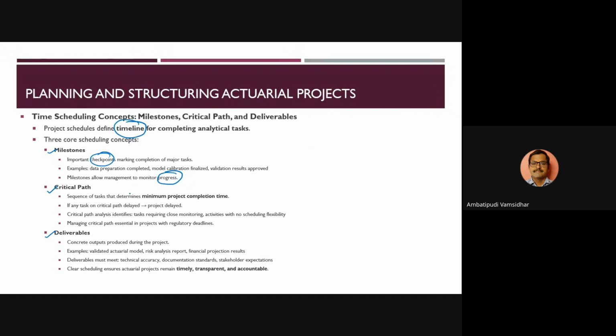Now, the critical path is a very, very important and interesting variable, right? So it is the sequence of tasks that determine the minimum project completion time. How many hours, how many days it will typically take for completing the project on time. That is where the critical path comes into picture. If any particular task is on the critical path, and if that particular activity is delayed, it will delay the